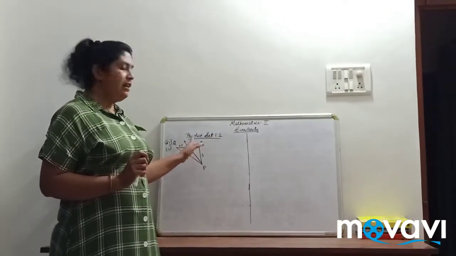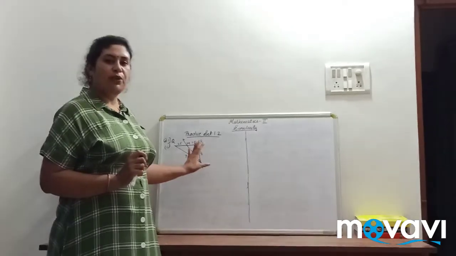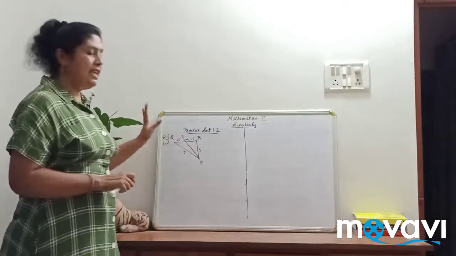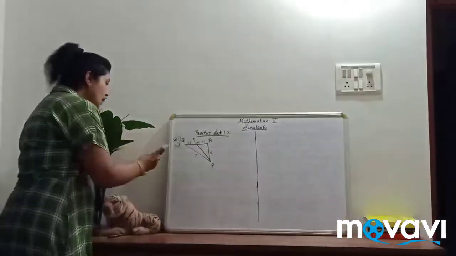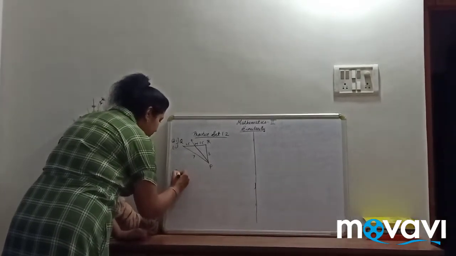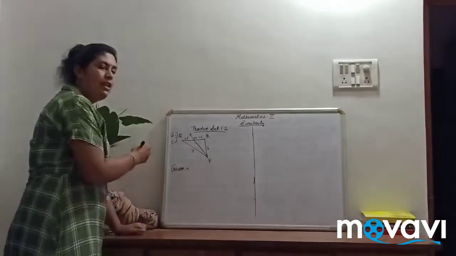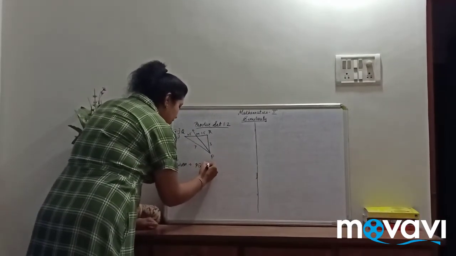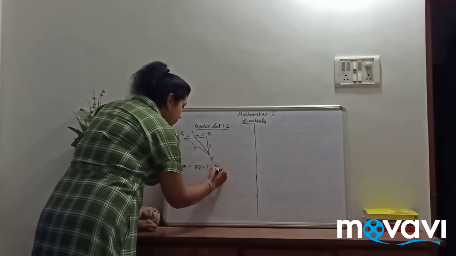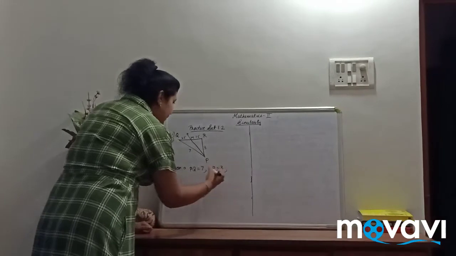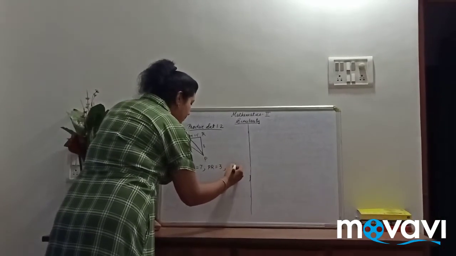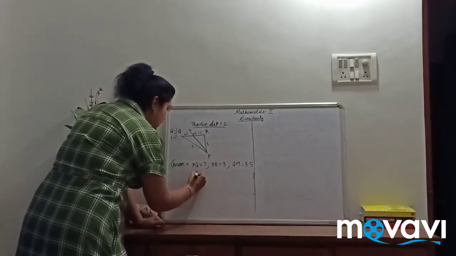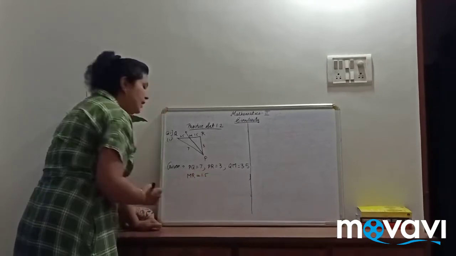We are going to put this into ratio and see if the ratio is equal or not. Okay, so how are we going to see? First thing is, write out the given things. Given is all the measurements of the sides. So PQ is equal to 7, PR is equal to 3, then QM is equal to 3.5 and MR is equal to 1.5. This is given to us.